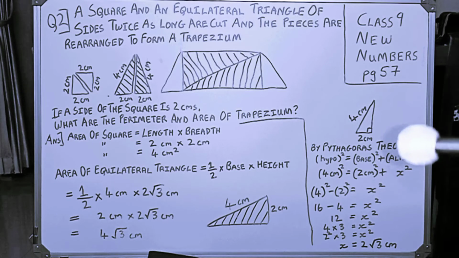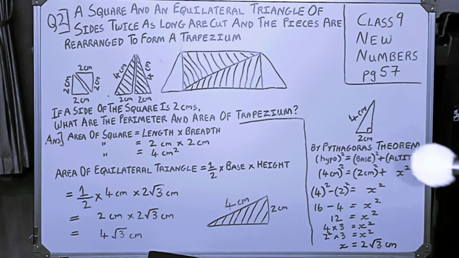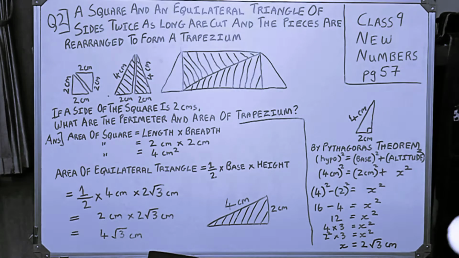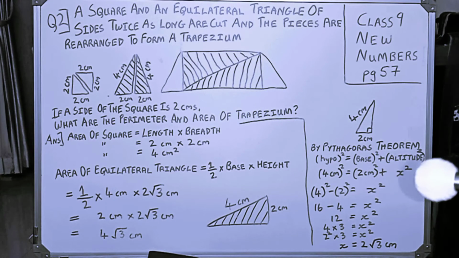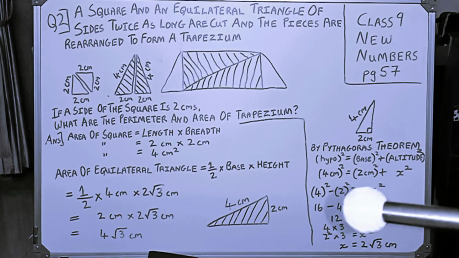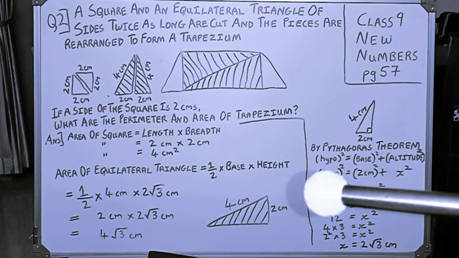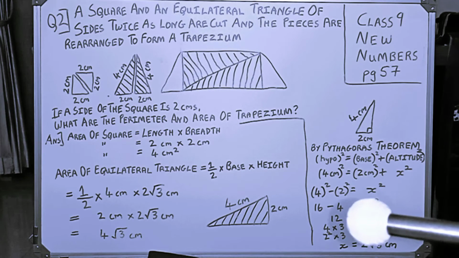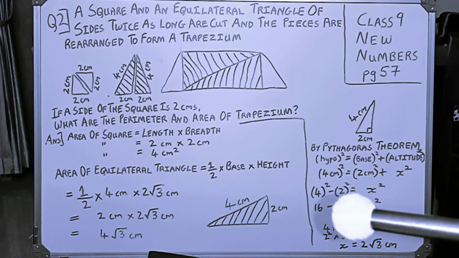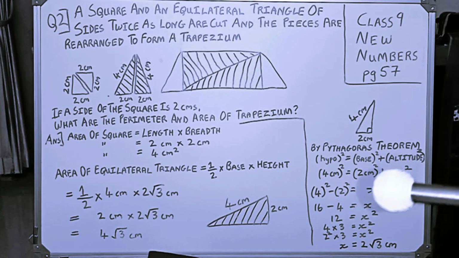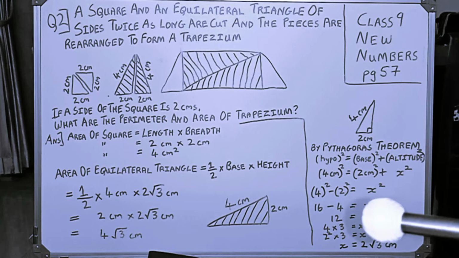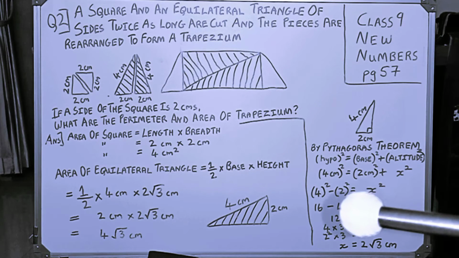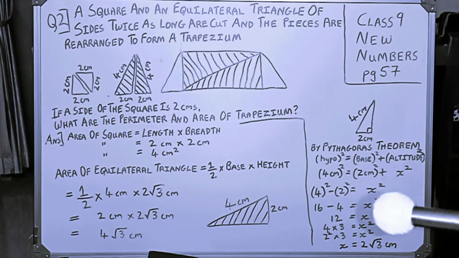Okay, we have to find out this height, we don't know this height. The height we are not aware of, so that is why the third side we need to find out. So we have put it as x square, altitude square is x square, and we have this formula. And this 2, when it is taken to the opposite side of the equal to, it will become minus. 4 square is brought down as it is, plus sign will get converted to minus once it is taken to the opposite side of the equal to. 2 square is equal to, this x square is brought down.